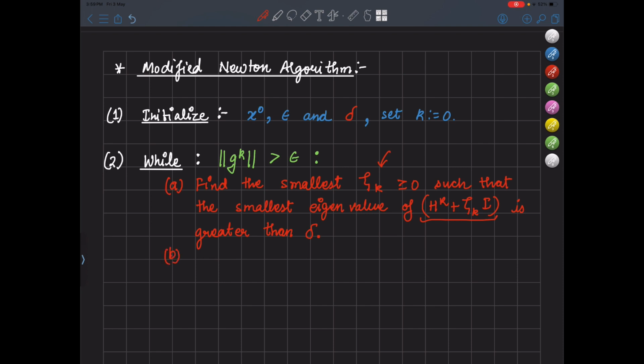Now once you get that, set dk equal to minus Hk plus xi k I inverse times gk. So this is the descent direction. Then you do a line search. So find alpha k greater than 0 along dk such that